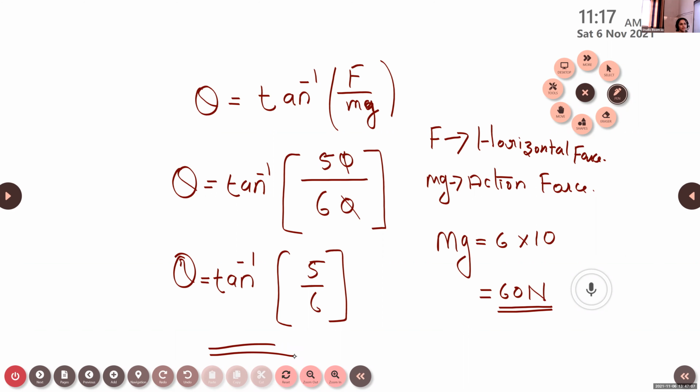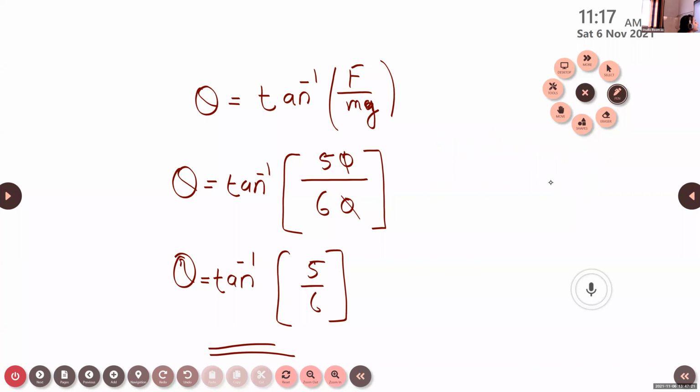And students, do you have any idea how to find the tan inverse using the log book? Okay. In the next class, I will download the page of the tan inverse, and after that we can discuss how to find the value of tan inverse, sine inverse and cos inverse. So in the next class, I will explain how we can find it from the log books.